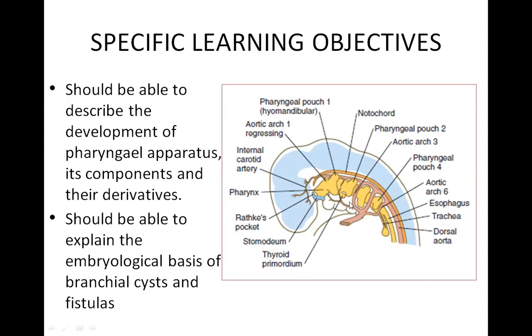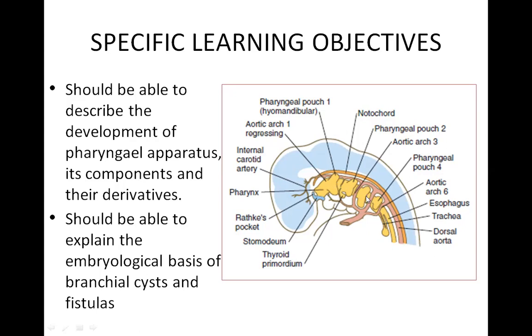In this, we'll be focusing just on how the pharyngeal arches are being formed and mainly what the components are, that is the cartilaginous components of the pharyngeal arches. So in the earlier lecture, you must have read about the foregut. This was our embryological or the primitive gut, which has been incorporated during the folding of the embryo. So there was foregut, midgut, and hindgut. Now the foregut had two parts.